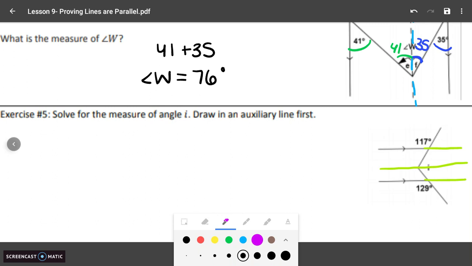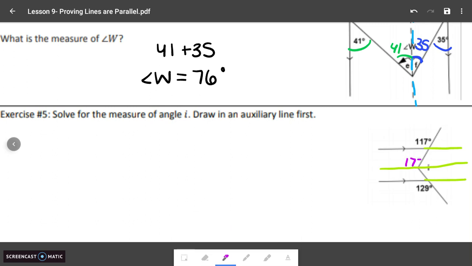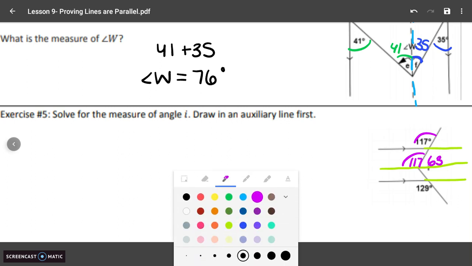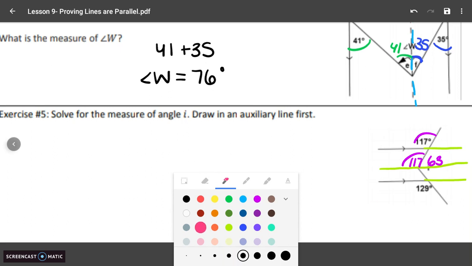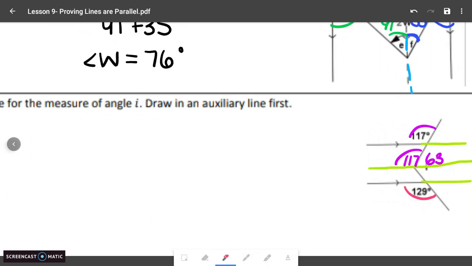And I can say like corresponding here. So, excuse me, that's supposed to say 117. So these two would be corresponding. But then angles on a line add up to 180 degrees, so this side could be 63. In that same thought process, I could take 129 and find the corresponding angle. And same idea, I subtract from 180 to get